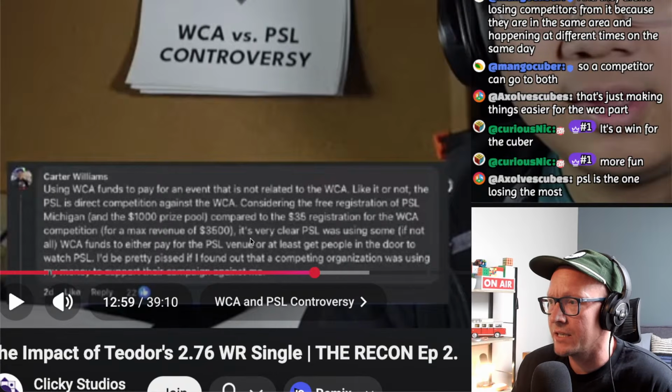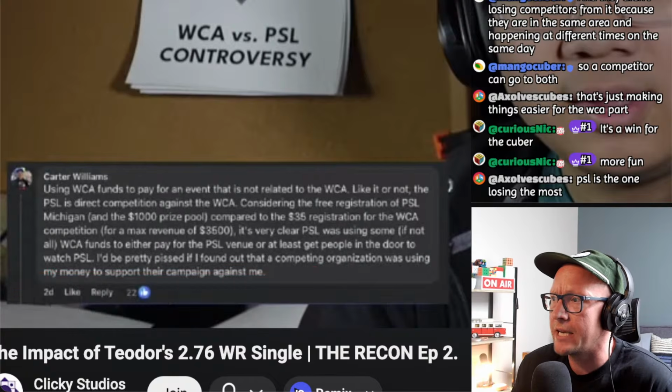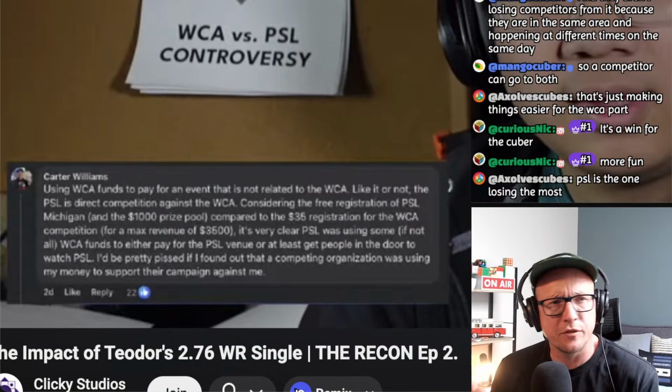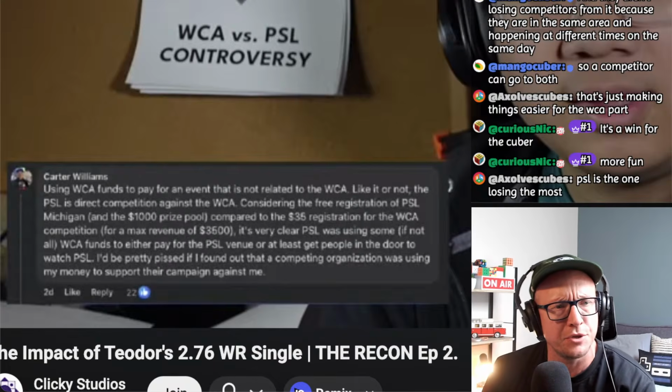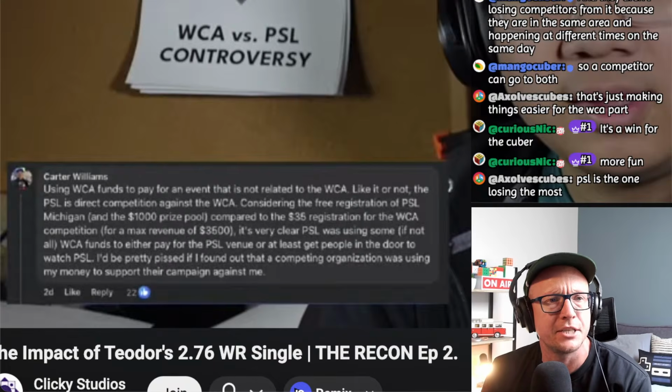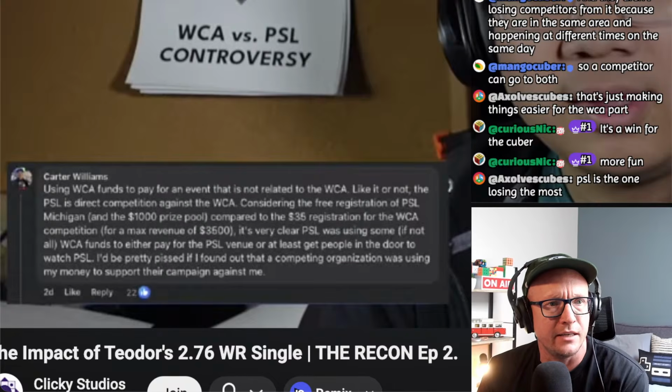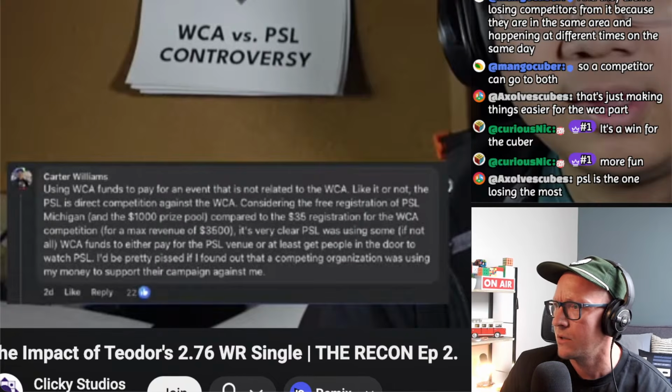"It's very clear," Carter says, "that PSL was using some, if not all, WCA funds to either pay for the PSL venue or at least get people in the door to watch PSL." Only one part of that statement is true. Obviously, they were using the draw of a WCA competition to get people in the door. Like, obviously. But where